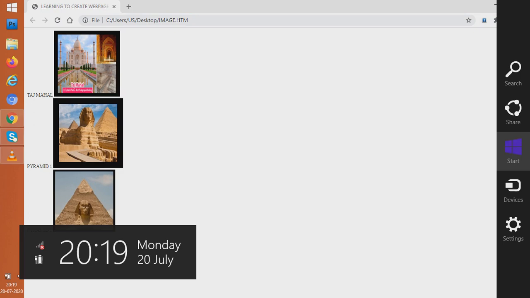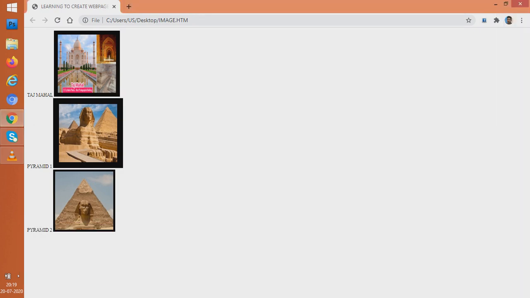Pyramid 1 is at the end of the picture Pyramid 1, and Pyramid 2 is at the end of the picture Pyramid 2. Now students, have you seen this? This can even be made bold, but would it not look good if they were at the center? If Taj Mahal were at the center of the picture Taj Mahal, that is a bit above at the center, it would have looked good. Can we put it at the center?